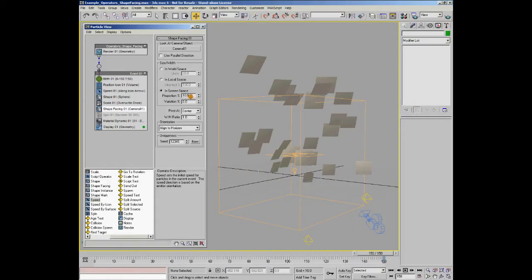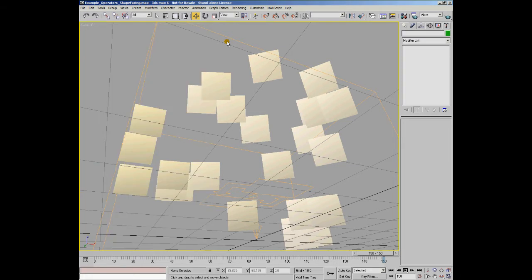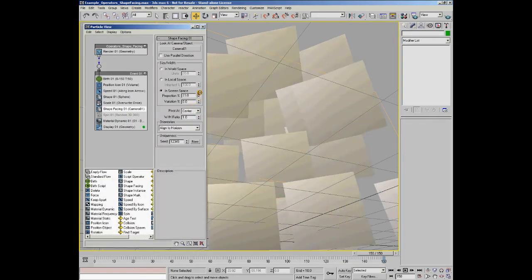This is a 10% relationship of the actual render resolution. So if we go to the camera view, you can see there we have our particles. I'll just hide the particle view for a second, and you can see they've all pretty much got the same kind of scale. Although, as I said, all of these particles are at different distances to the camera. So you can see it's actually using this percentage value to define their scale to the camera, and you can